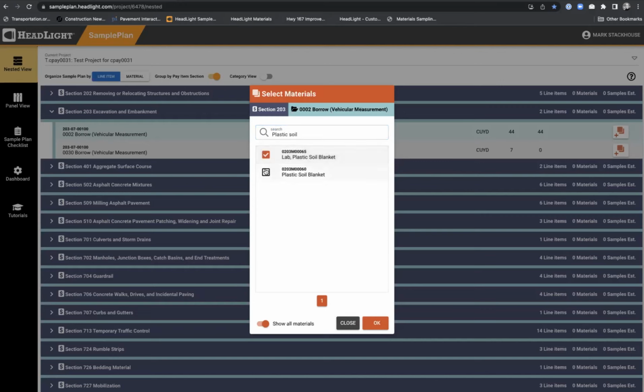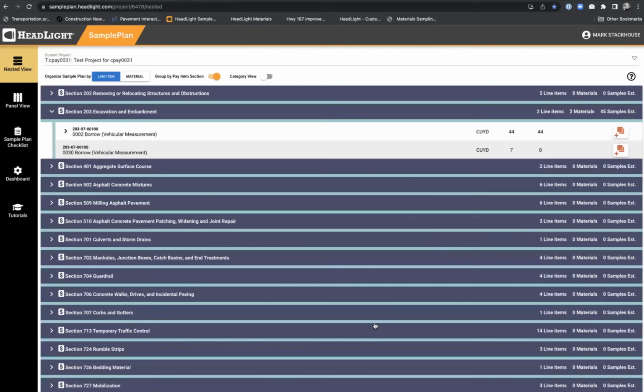This one to the lab, this one to the unit. Maybe in real life, that's not what you would do with a plastic soil blanket, but that's okay. We just want to show you that you do have the power to select multiple entries like this. Now I'm going to click OK. Let everybody get there. Okay, now if you've noticed, when we did that, the pop-up closed, and now we have